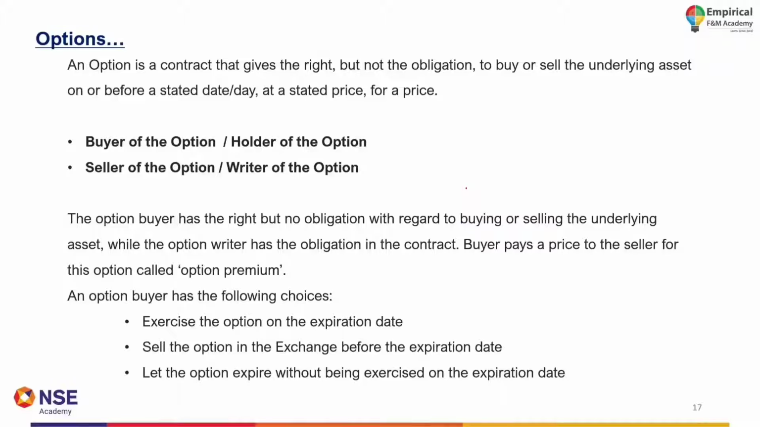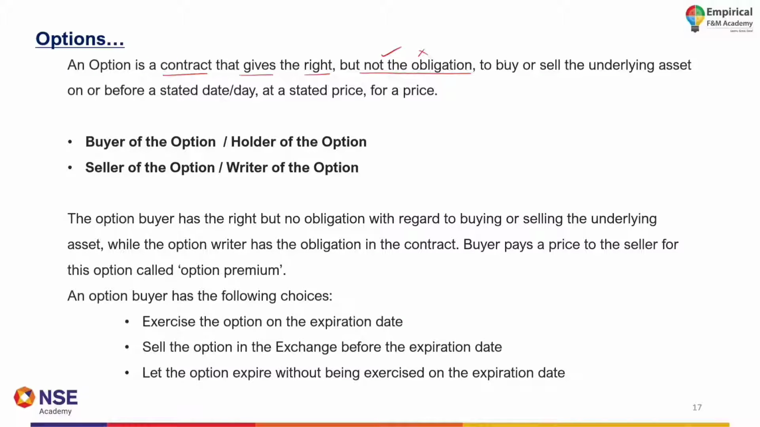Now, so we understood. Okay, so what is an option? I would like to give you some theoretical view on this. So what is an option? An option is a contract. As we discussed, it's a contract that gives the right, but not an obligation,